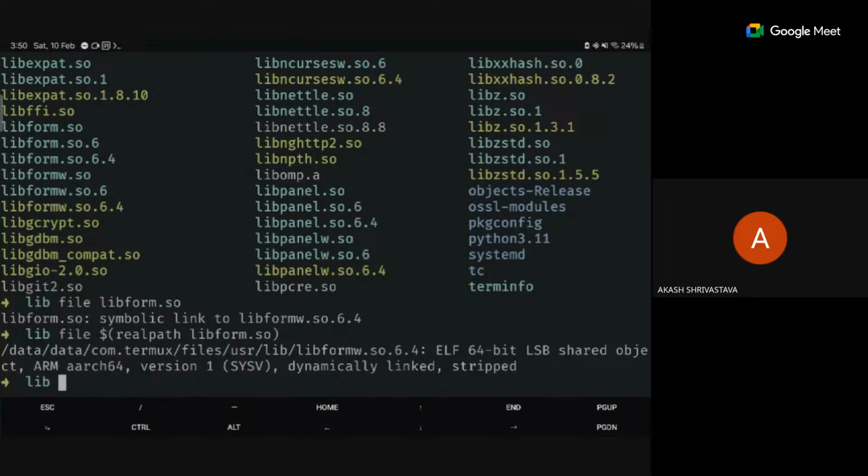Currently it says ARM, because I am using a tablet. ARM architecture 64. If you are running the same on a PC, most probably it will be x86-64. It also shows dynamically linked. It is the exact equivalent of your DLL files in Windows. It's just a part of it, you can assume it's a library file. That's all.